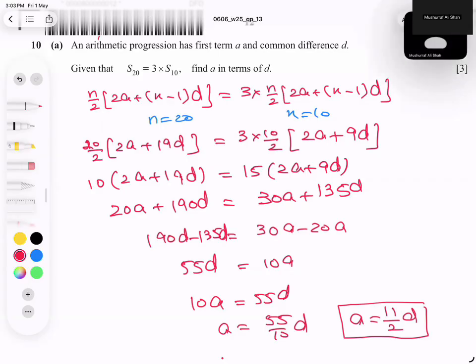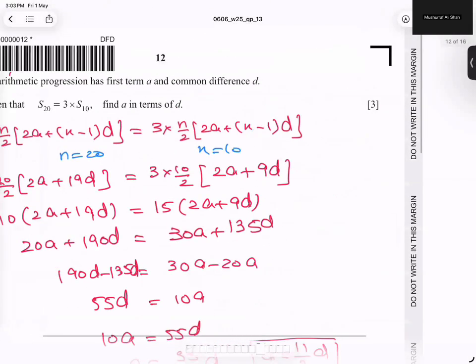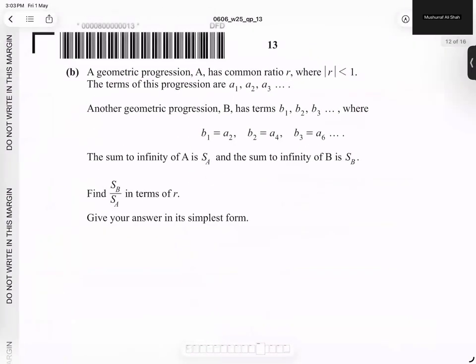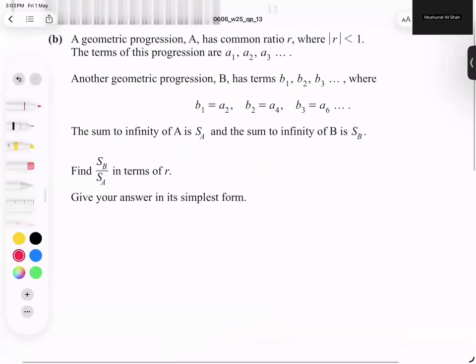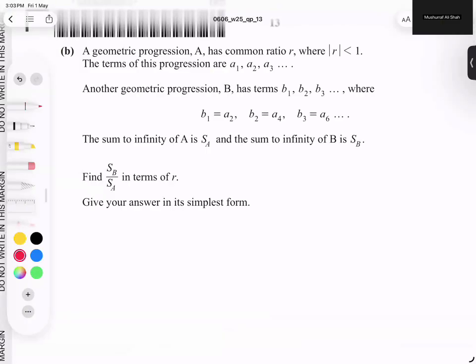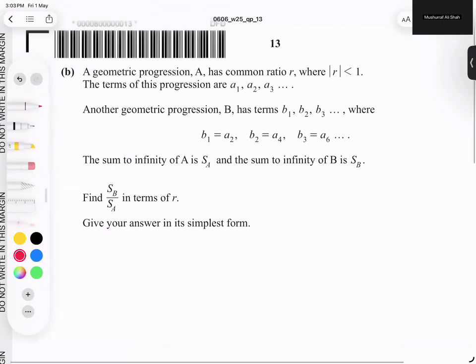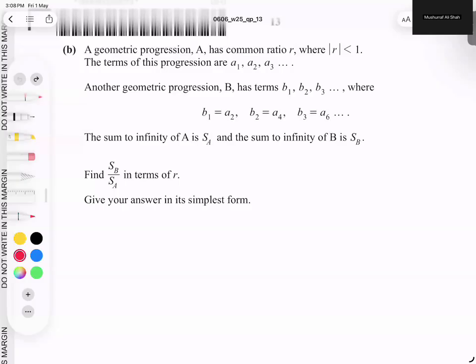And on the next page, students, we have another part available, and that is part B. If you read the question carefully, it involves a geometrical progression A. So part B, students,